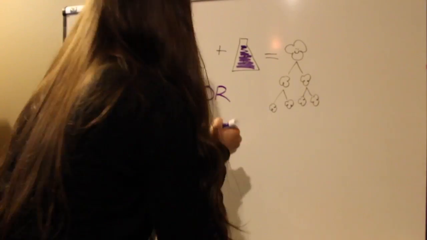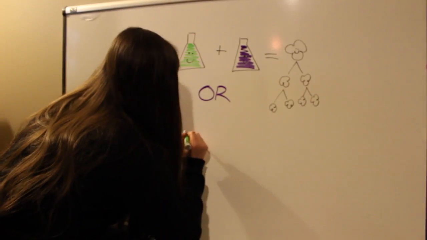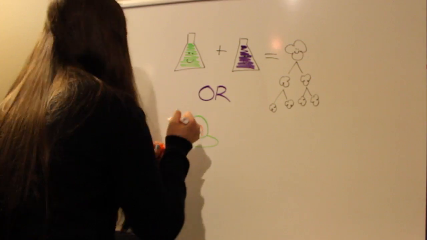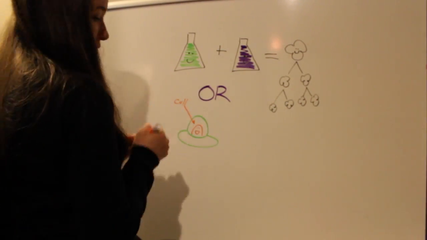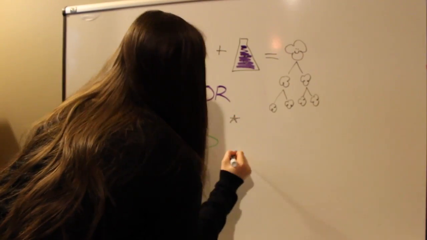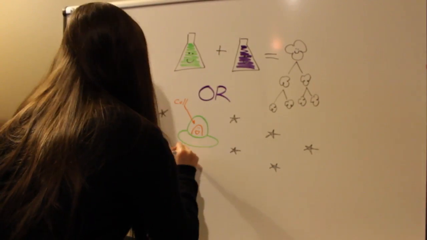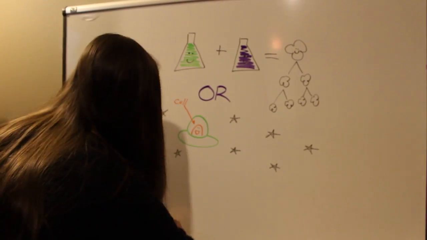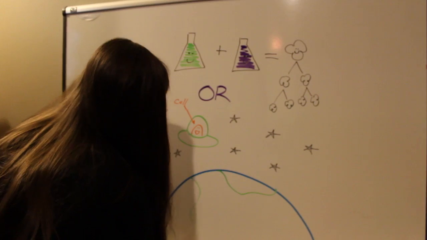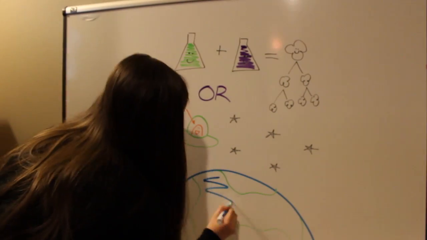Okay, so this next theory is that the first cells arrived on Earth from outer space. And that really doesn't have any evidence. That was created because scientists could not prove that life can spring from non-living molecules, so they assumed that it came from space. And that little orange guy in the green spaceship would be the cell.